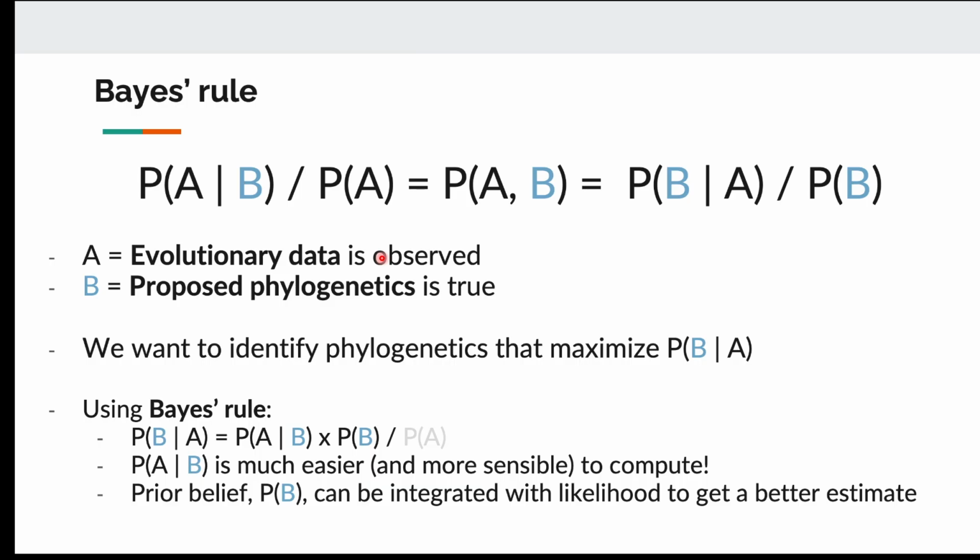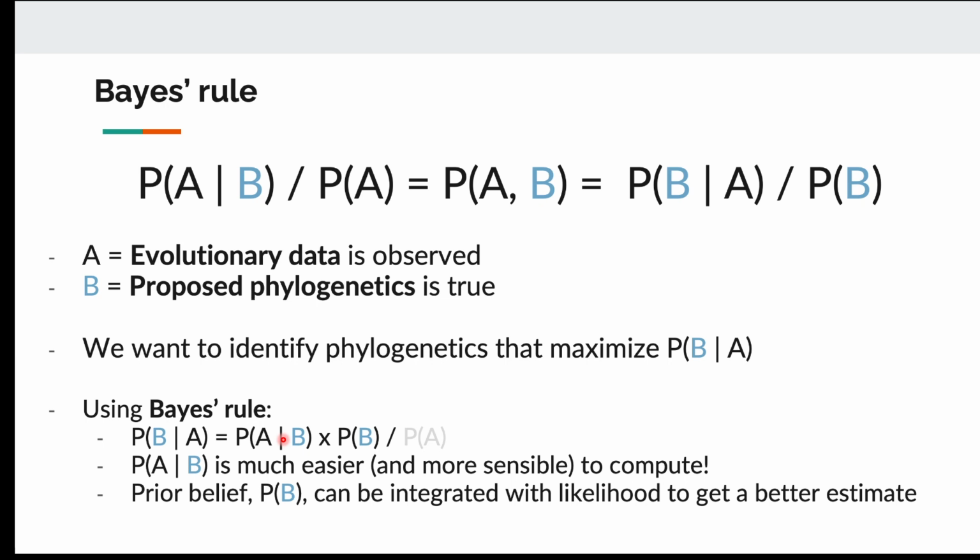So what I want to say is that we start with what we want, B given A. We use the Bayes rule to transform it into an expression with 3 terms: A given B, B, and A. We can cross A out because that's a constant. In most cases, we can also cross B out because we have no idea. So what's left is we can estimate what we want with what we can compute, which is A given B. This is the probability of A given B, where A is the data and B is the model,